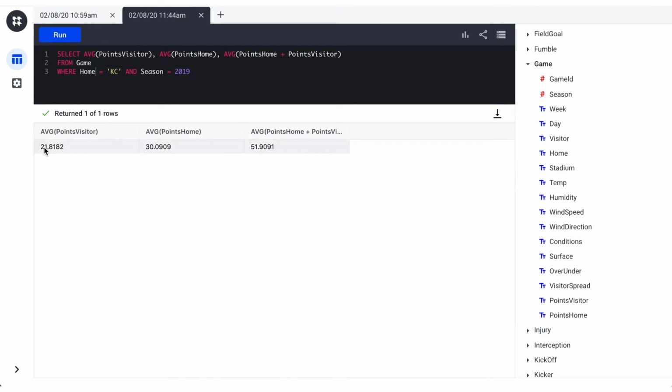And you can see their visitors scored 21 points when they were visiting Kansas City. And when Kansas City was playing at home, their defense actually held their opponents to 17, less than what they allowed at their home field. So that's a pretty good defense,